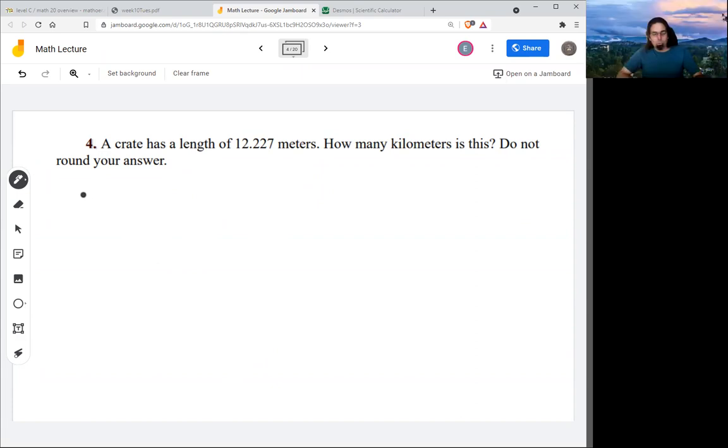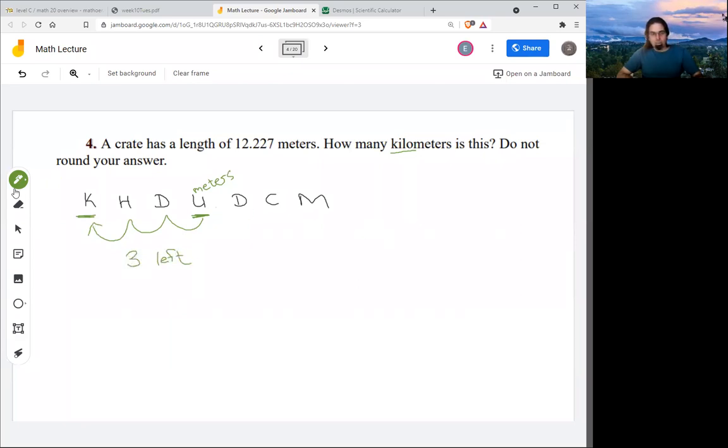So the scoot way is King Henry Does Usually Drink Chocolate Milk, or Killer Hobos Dance Under Dazzling Crystal Mobiles, whichever one of these acronyms you like best. And I always, before I read the problem, think about the U. What is my plain unit going to be? In this case, it's meters. And everything else is the prefix. So I'm going from plain meters, that's what I have to start with, to kilometers. K is for kilo. And yes, 1, 2, 3 to the left.